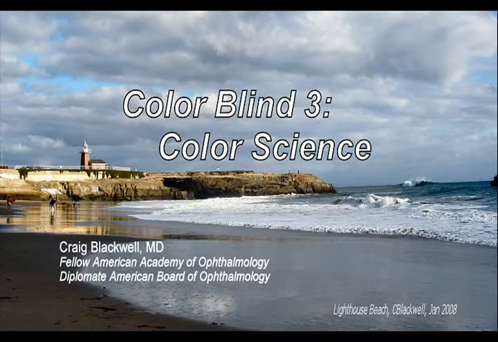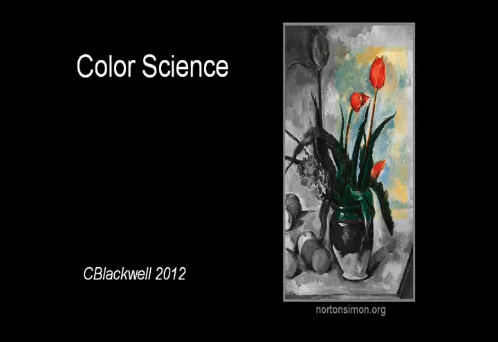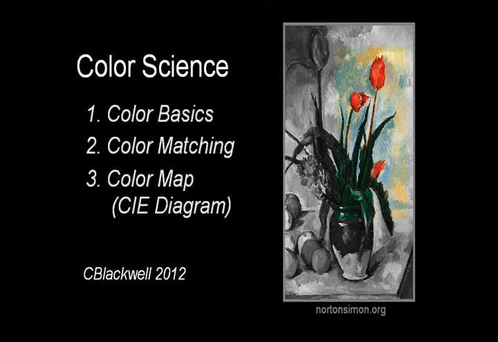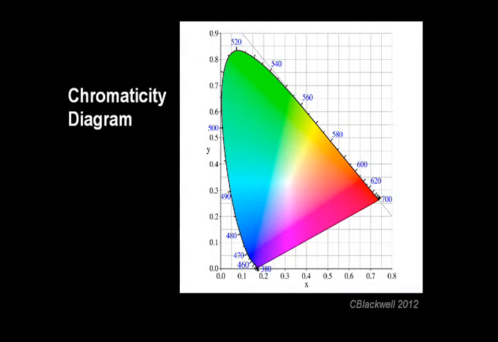In this video, we explore what color science tells us about color blindness. Color science gives us the tools for a more technical understanding of color and color vision. We reviewed the basics of color science in the series on color vision, videos 1 through 3. The culmination was the creation of what I call the color map, which is another way of describing the chromaticity